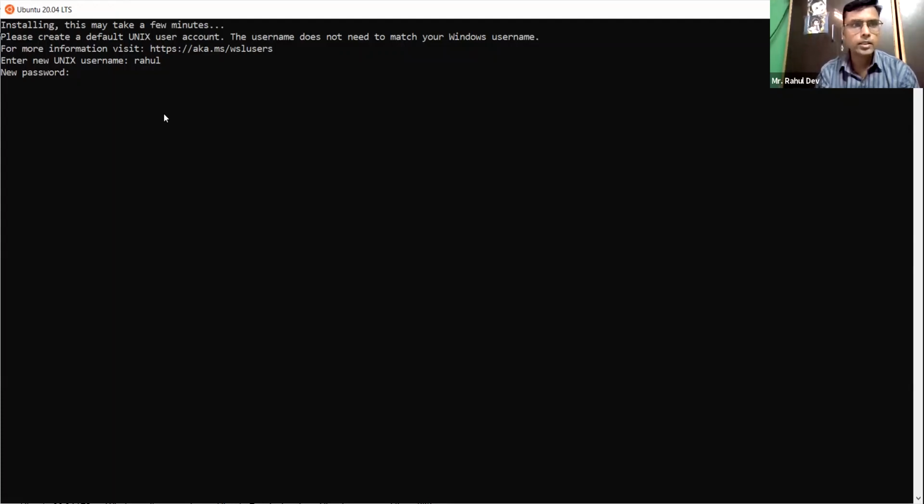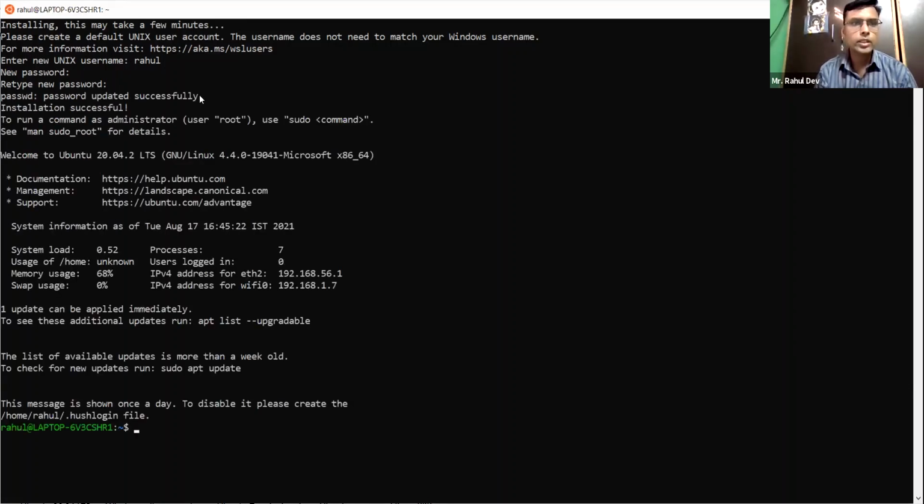Press enter, and for security reasons you can't see anything whenever you are typing, so type confidently. Then it demands to retype the new password. Retype the password and press enter. It shows password updated successfully.